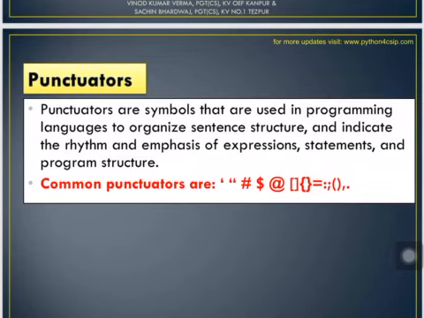For example, you must be remembering that if I talk about this parenthesis, these round brackets are used when we define a function. For example, you must be remembering the print function, we used round brackets. Then you must be remembering this colon. This colon is basically used when we define a for loop.